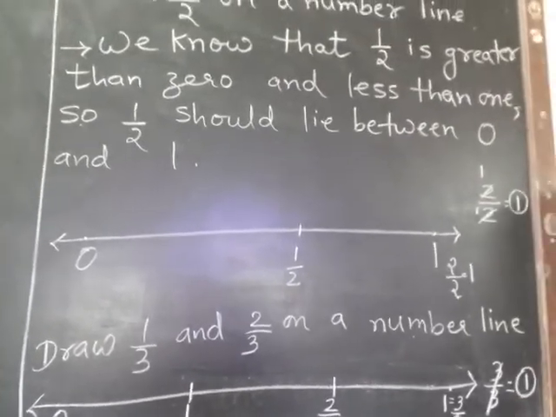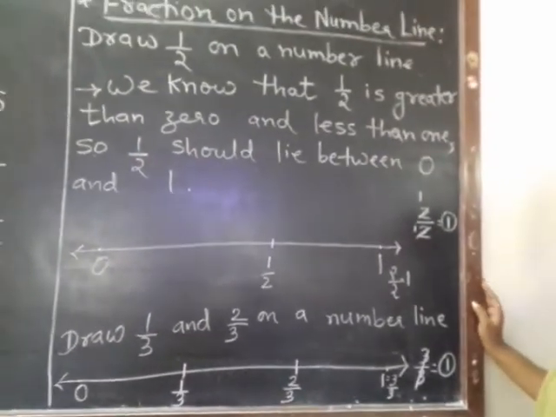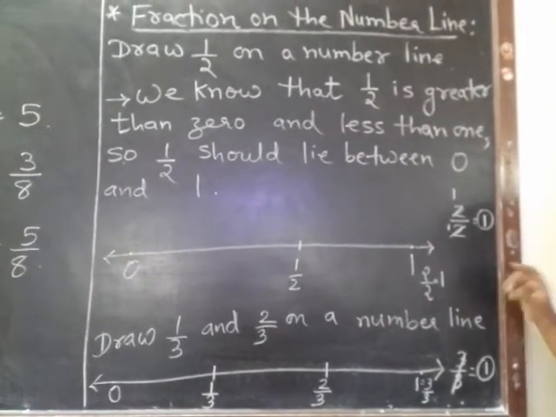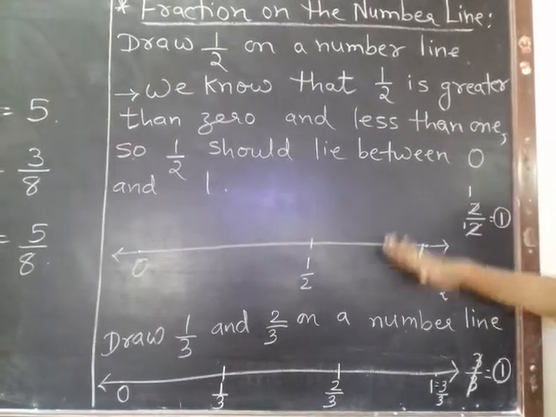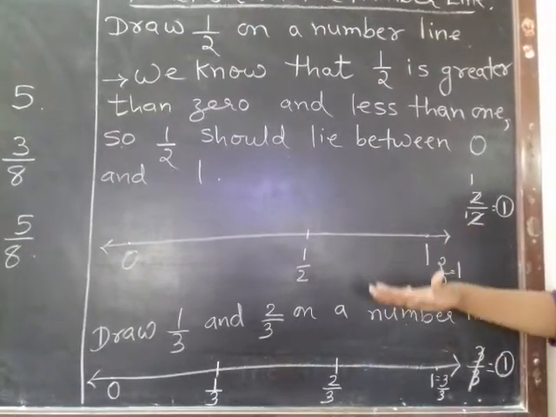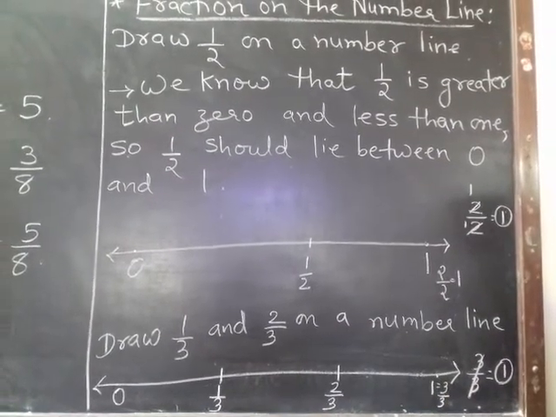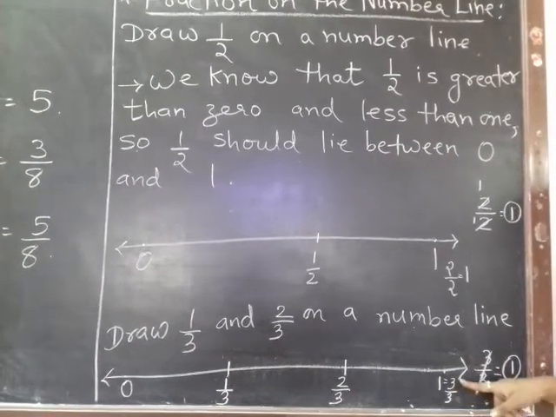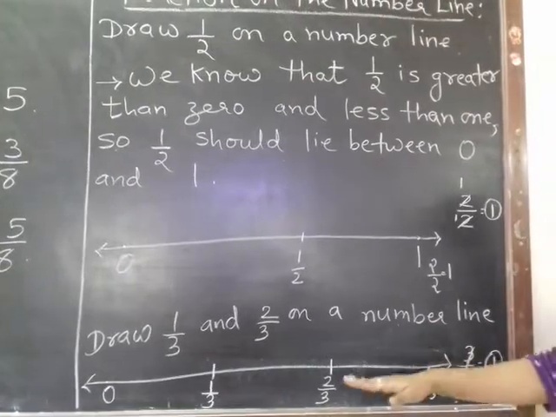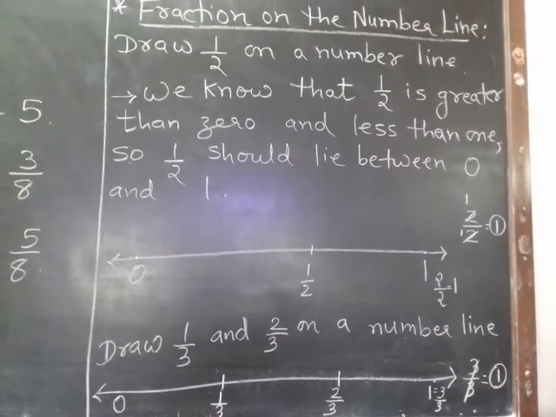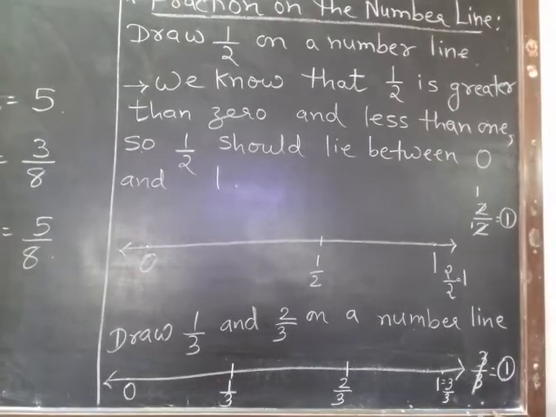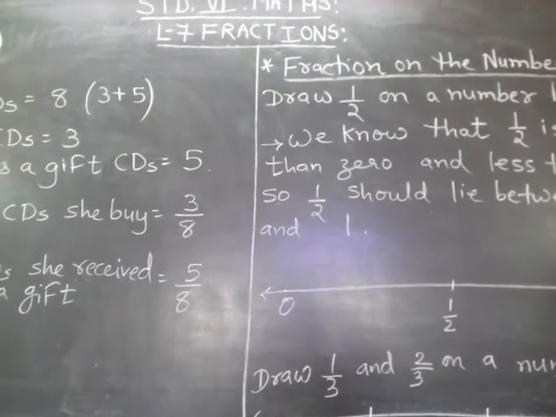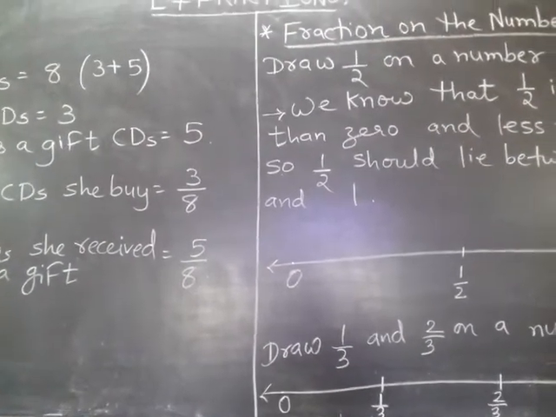So every fraction will lie between 0 and 1. But there are some sums where I will go further and explain different options on a number line. But till here, remember, whenever you have 1/3, 2/3, they come in between 0 and 1 on the number line. I hope this is clear. This one becomes 1 when the numerator and denominator are the same, and all the fractions lie between 0 and 1. Okay, now children, before going on to exercise 7.2, I want to make you understand some topics that will be helpful for solving 7.2.